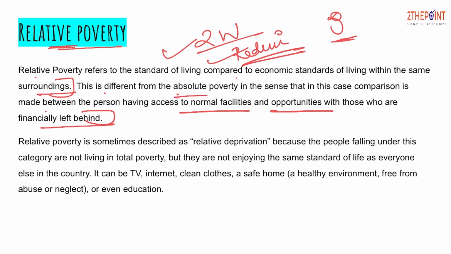Because what we were doing in absolute poverty, there was a preset income that we were considering as a baseline, and those people who are not able to gather even this much amount, or are not able to fill their basic necessities of life, are considered under the below poverty line. Whereas in the case of relative poverty, you have all the amenities, you are studying in a good college, but if you compare yourself to others, you are not using those swanky things as your friends are,